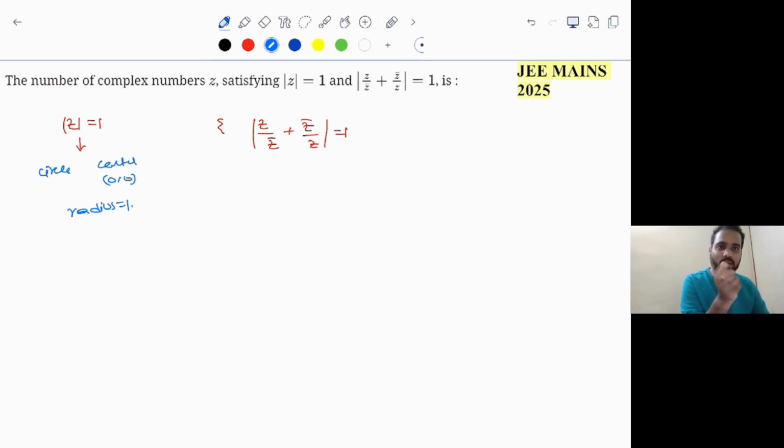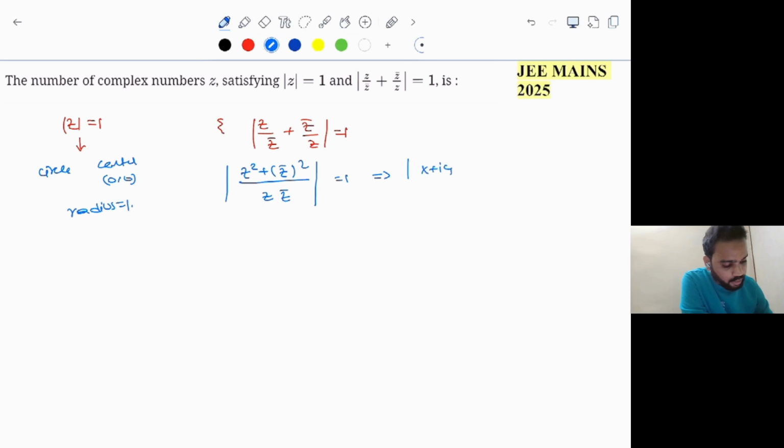But instead of that, let's try to simplify first, then later we'll try to put x plus iy. Okay. So when you take LCM, let's do that. Modulus of z square plus z bar whole square, whole divided by z into z bar, is equal to 1. Okay. Now, if I try to cross multiply, this will be modulus of